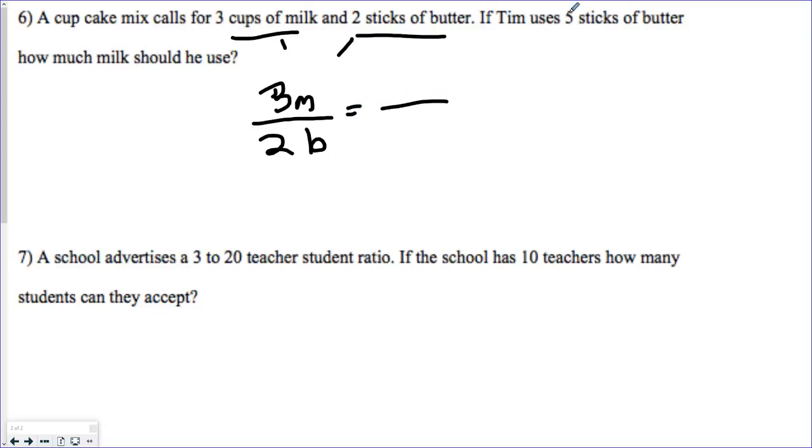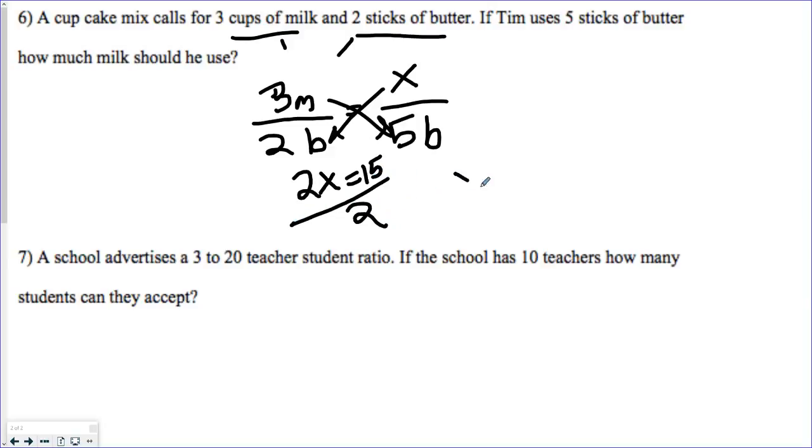I want to know if he uses 5 sticks of butter, how much milk he has. So I don't know how much milk he's going to need, but I know he's going to use 5 sticks of butter. So I want this ratio to be equal to this one. I want this ratio to be the same as this one, just using more. So I'm going to cross multiply. So I get 2x is equal to 15. Then you divide by 2, and you get x is equal to 7.5. So that's how much milk he has to use, 7.5 cups of milk,